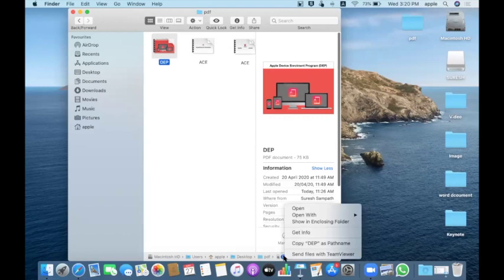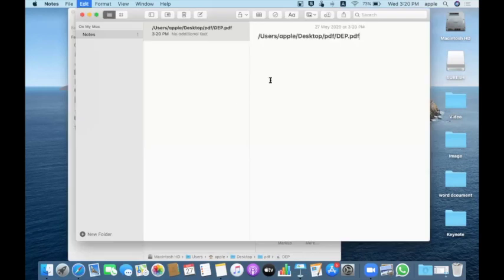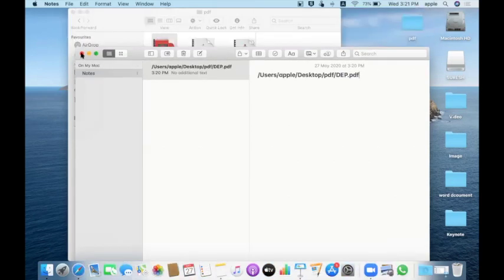Just click on this file and click on copy path. If you paste it, you will get the exact path of it. So you can place this path anywhere, if you want to paste it in terminal, or if you want to map it to any of your servers or any file sharing folder, directly you can place this path of your file or your folder. Directly you can map it.